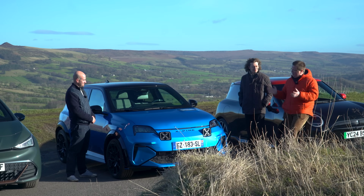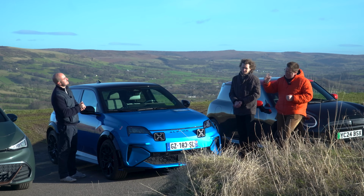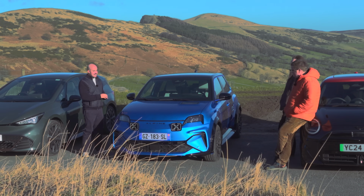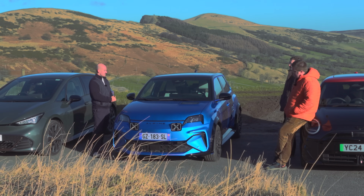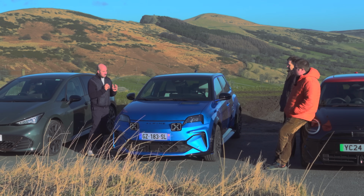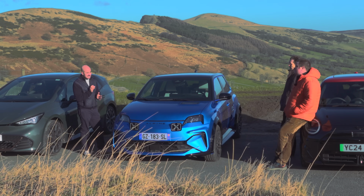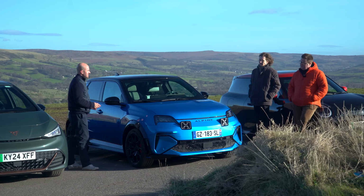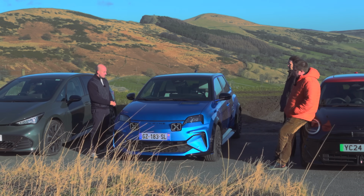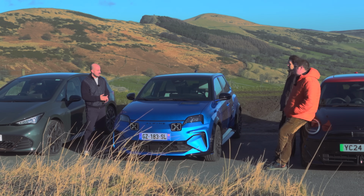Okay, so we've all spent a good long day driving all of these three cars. Johnny, what do you like and why? I think my favourite one is going to have to be the Alpine. It cannot be denied, in my opinion, how much fun this car is to drive. It just delivers on the brief of best fun EV, unlike either of these two really do, but for very specific reasons. The braking feel is absolutely tremendous. You can really lean on them. You've got a proper wheel at each corner stance that makes it feel really agile, with a really low centre of gravity,